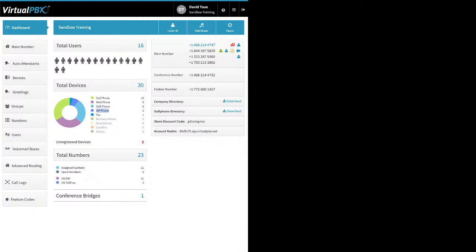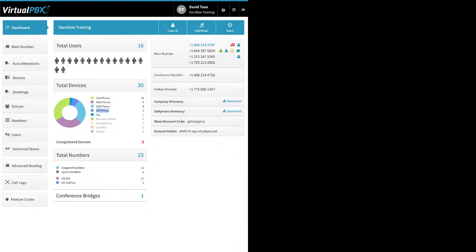Next is a SIP phone. SIP phone is a physical VoIP phone, right? It's a Yealink phone, Polycom, Cisco, a couple other manufacturers. These are phones that you can auto provision on your account. That just means they're supported. And when you auto provision a phone, you can also make use of most of those phones' functions, right? Like soft phone, if you use a third-party soft phone, the only thing you're going to be guaranteed to make use of is making and receiving calls. Anything else beyond that